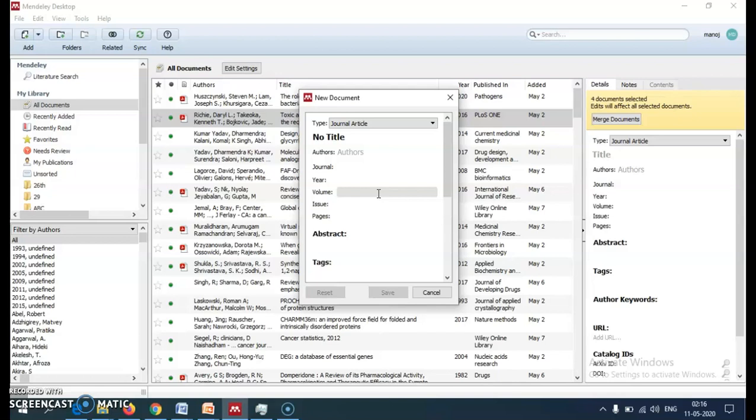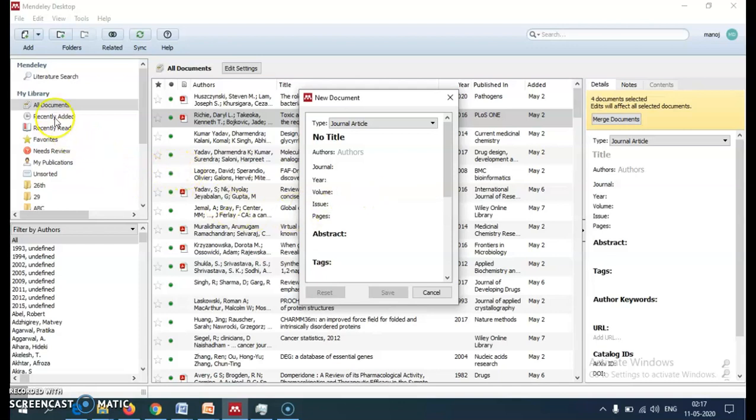As we have seen, PDFs are generally added to Mendeley Desktop, but when we don't have a freely available PDF and still want to add that particular literature information to your Mendeley Desktop library, we can manually add that information, right?